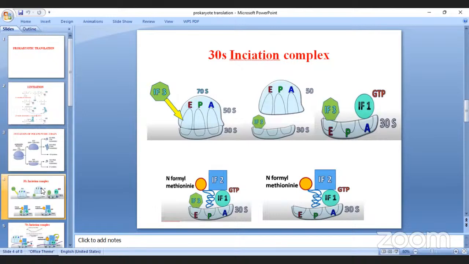In initiation of the polypeptide chain, there are again two stages: formation of the 30S initiation complex, and next formation of the 70S initiation complex. First, let's see the formation of the 30S initiation complex. To initiate the polypeptide chain, some factors are required. They are IF1, initiation factor 1,